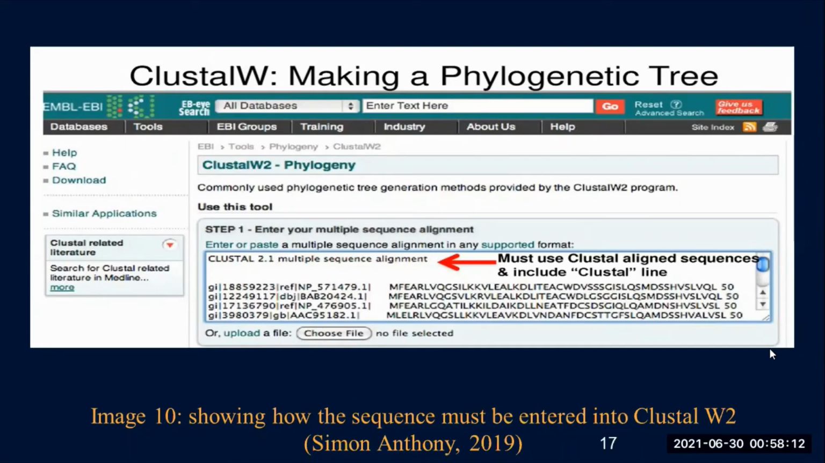Now, the difference with Clustal W2 is that the description line, or the first line that you see, does not require a greater than sign, but it does require the word Clustal in it, which means you must put in the word Clustal and then the name of your sequences, or else it would not work. After you've done that and then pasted your sequences, whether singularly or with the choose file option,